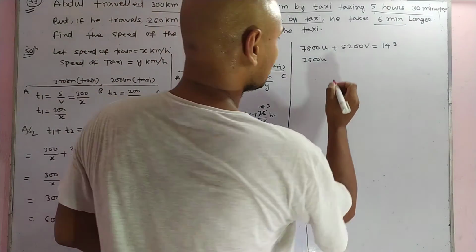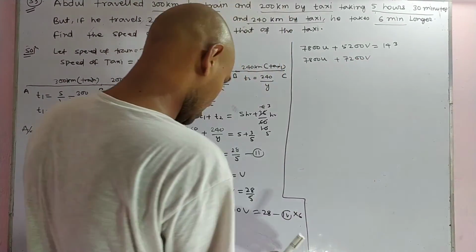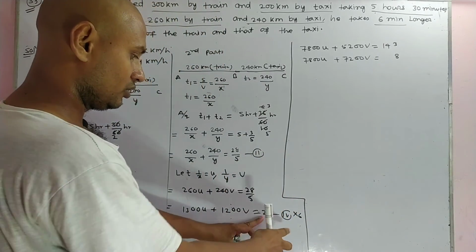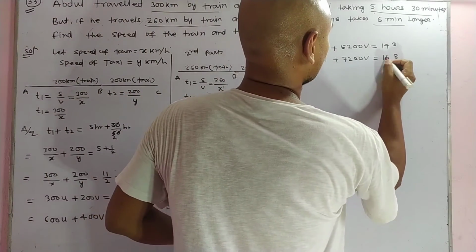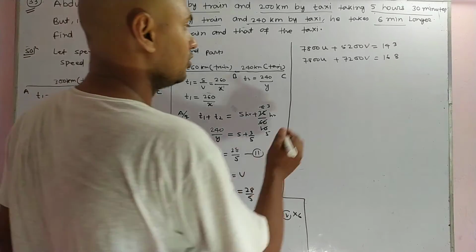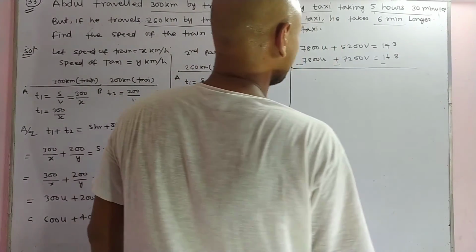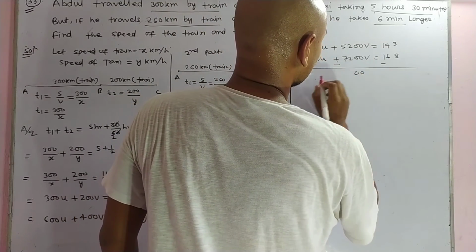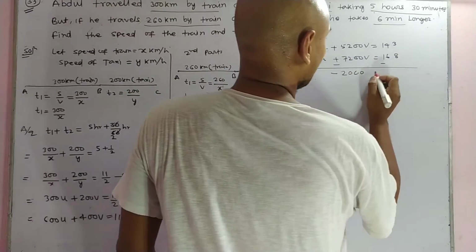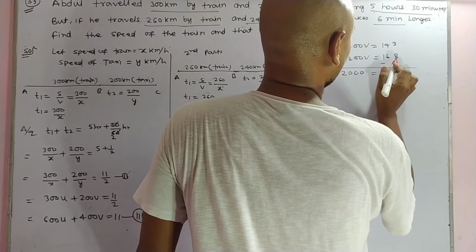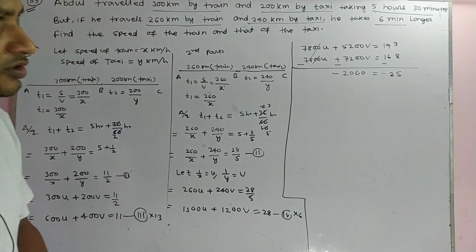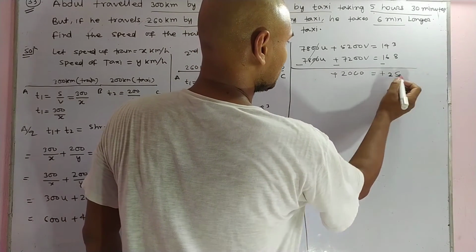and 12 6s are 7200 v and equal to 6 8s are 48, carry 8 carry 4, and 6 2s are 12, 4, 16, 6 8s are 48. Okay, after it you subtract it, this will cancel out and this will become 0, 0, 2 minus 2, that is also 0, 7 minus 5, that is equal to 2, and this will have a minus sign. Okay, and here 8 minus 3, that is 5, and 6 minus 4, that is 2, and it will have a minus sign. Okay, 8 minus 3 is 5, 6 minus 4 is 2. Okay, and minus sign becomes plus, and this one v,